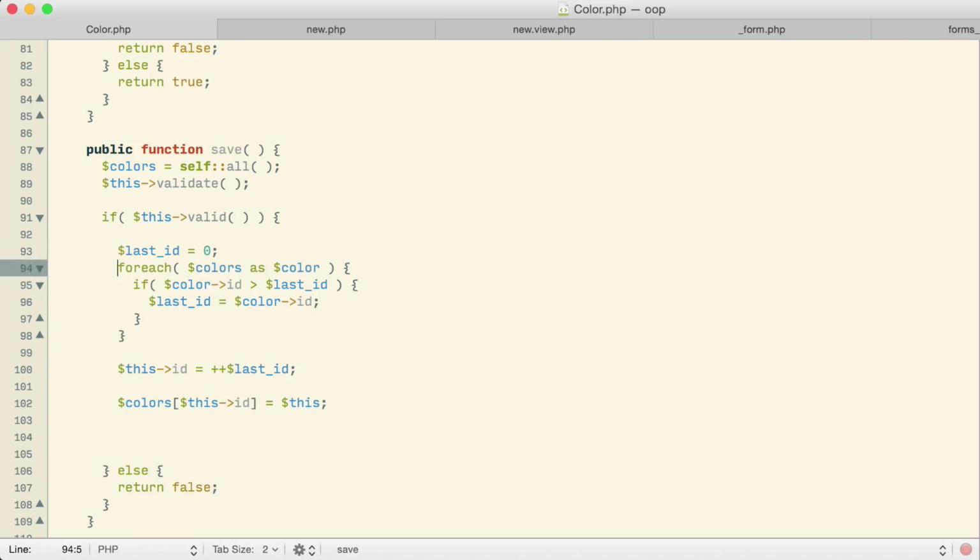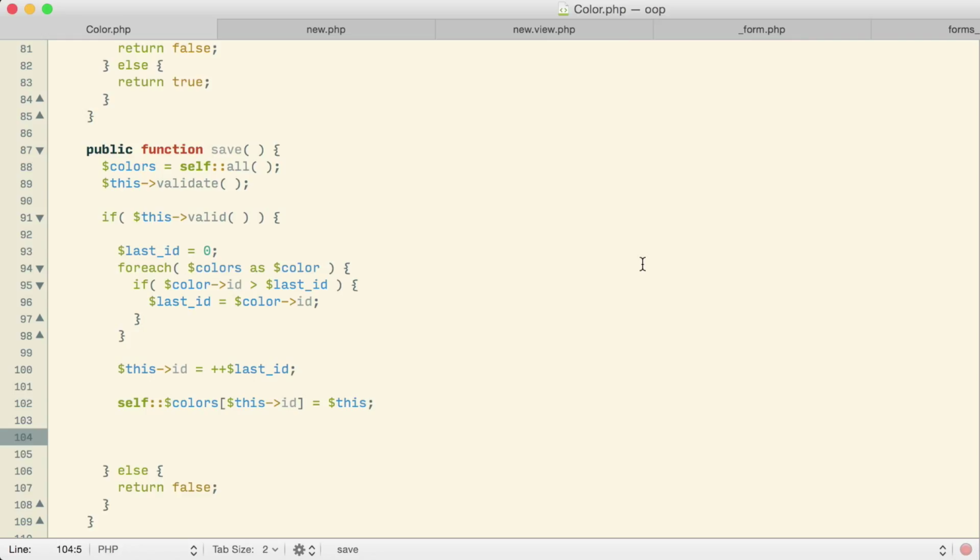So while I could use this colors array for going through and figuring out what the next ID is, down here when I actually want to put this color with all the others, I want that to be into that master color array. So let me do self::$colors there. So this color then joins all the others in that static colors array, which should exist and should be full because I know I've just called find all right here above. Until I think of something better, I think that should work.